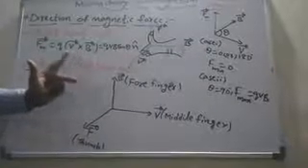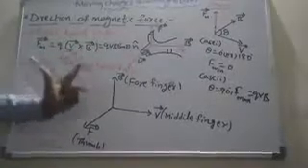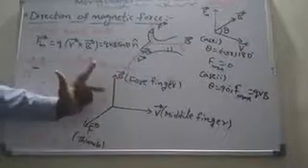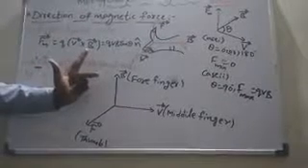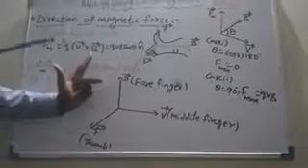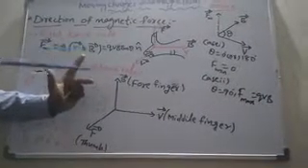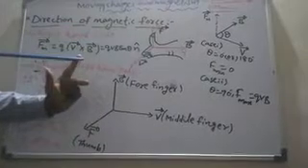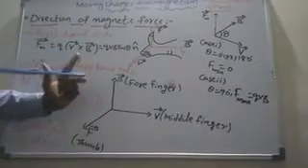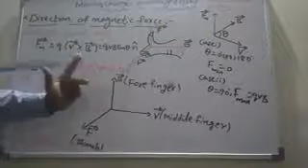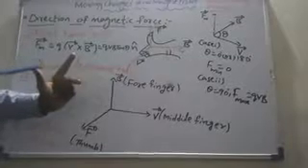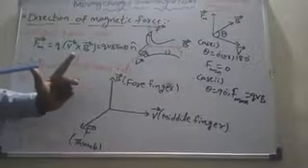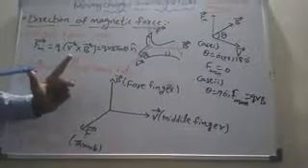What is Fleming's left hand rule? Fleming's left hand rule states that you stretch the first three fingers of the left hand mutually perpendicular to each other. Stretch the forefinger along the direction of the magnetic field and the central finger along the motion of the positive charged particle. The thumb then represents the direction of the magnetic force acting on the charged particle. This is Fleming's left hand rule.